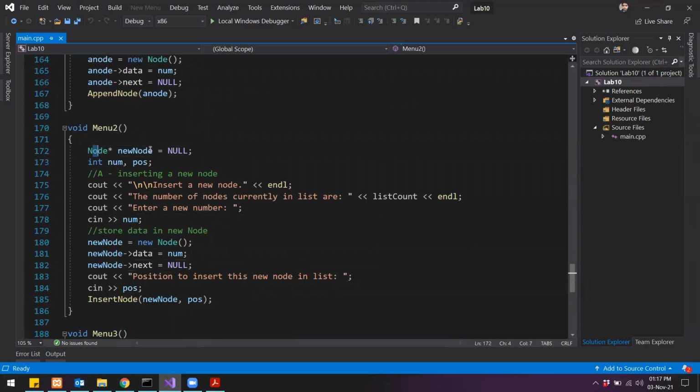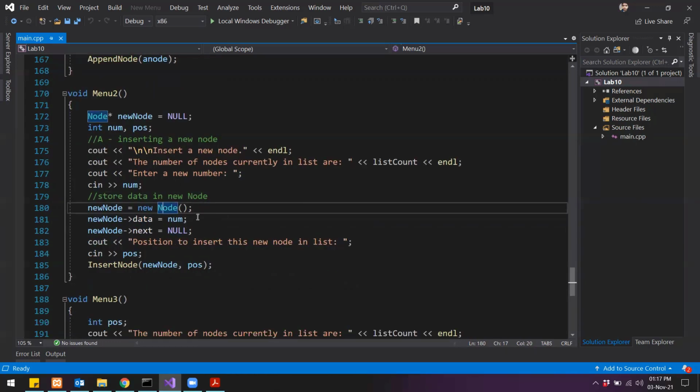So we are creating a new node, and then we have 2 integer variables, number and position. We ask the user to enter a new number, and this is the number that we want to append into our list. So the user enters that number, right, and then we create a node and put that number into our node.